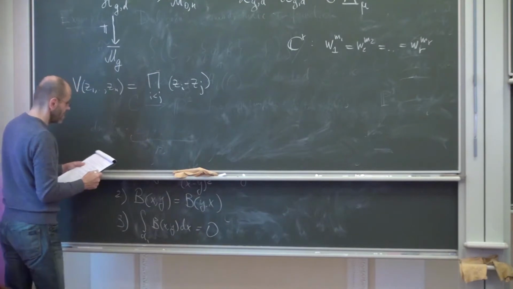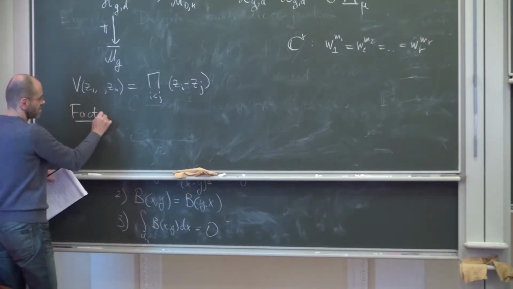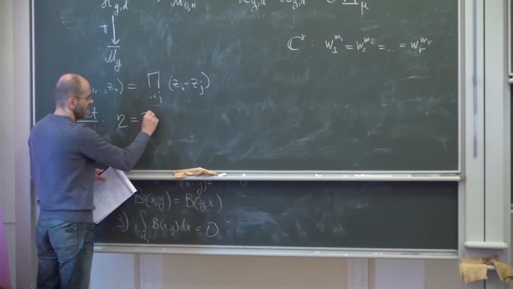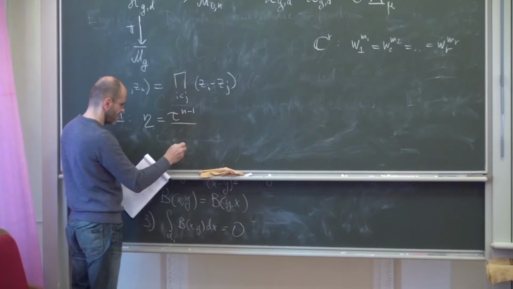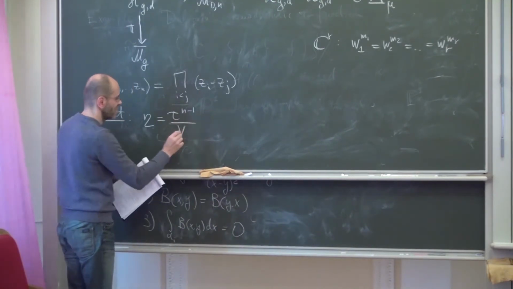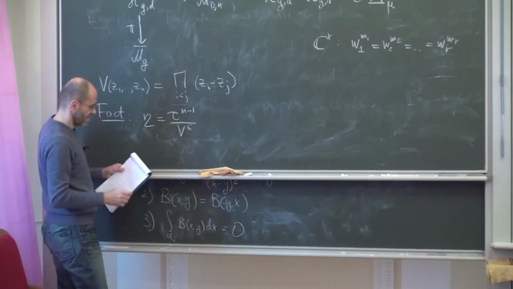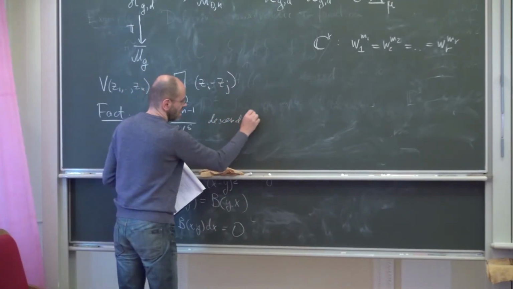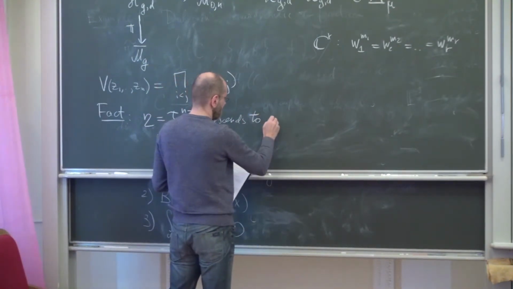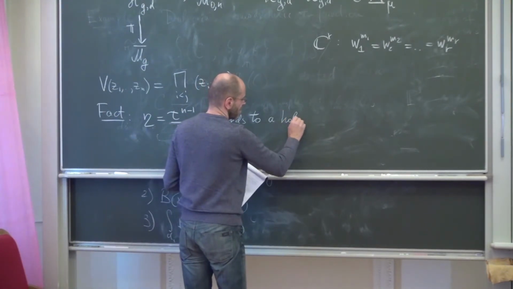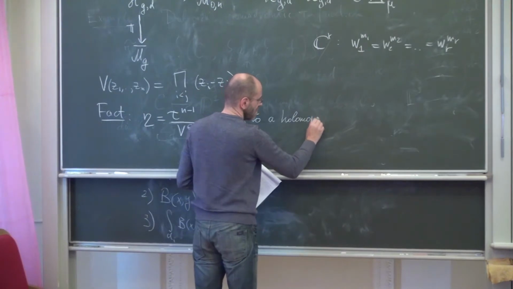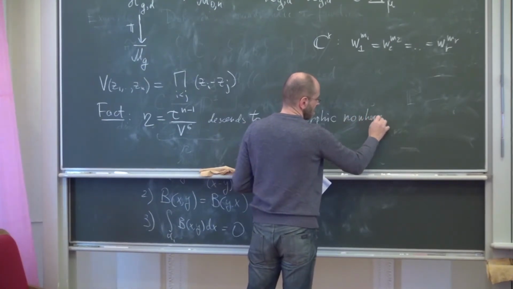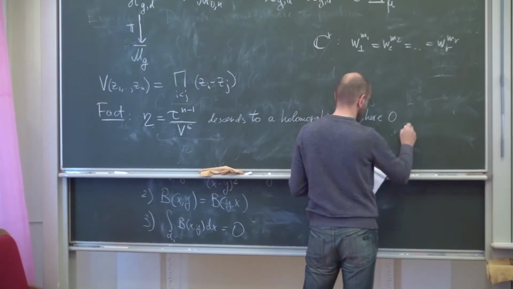And the fact is that if we put eta to be tau to the n minus 1 over the van der Monde determinant to the 6, then this thing descends to a holomorphic nowhere zero section